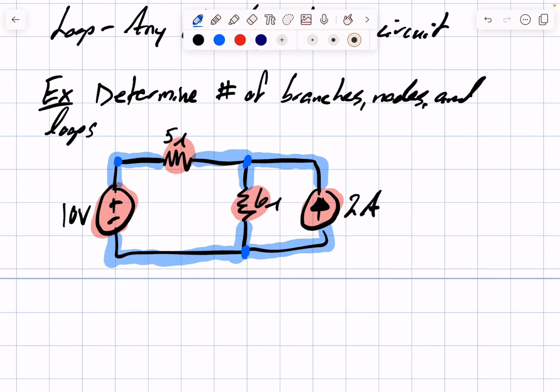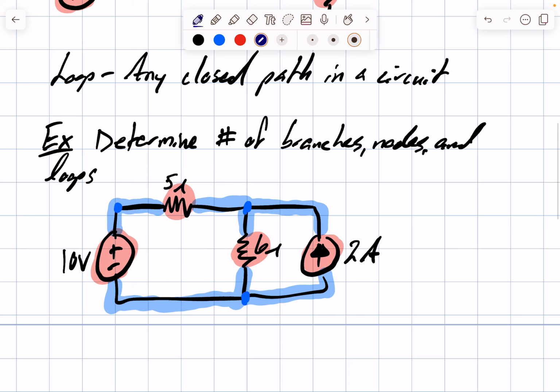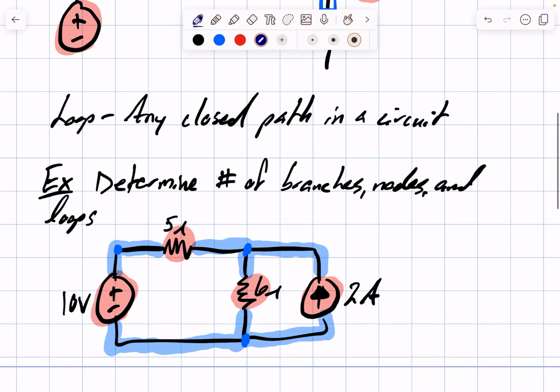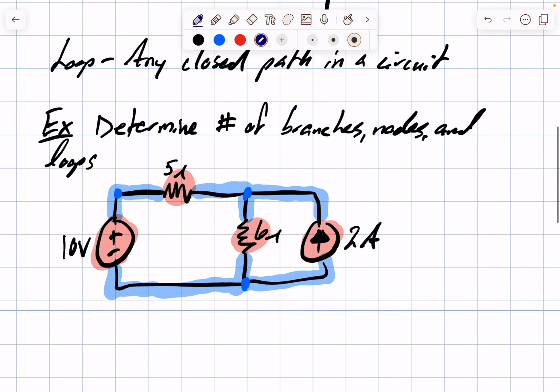So we have our branches and nodes labeled, and now the last step left is to identify all the loops in the circuit. A loop, like the definition says right here, is any closed path in a circuit. So for example, this one is a closed path, so I'll call this L1, which means loop 1. Well, we see that there's another closed path beside the one we just made, which we will call loop 2,